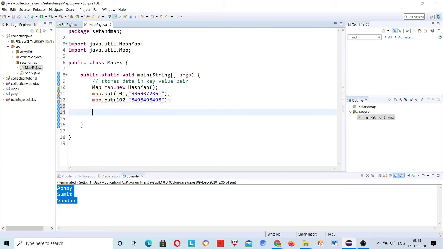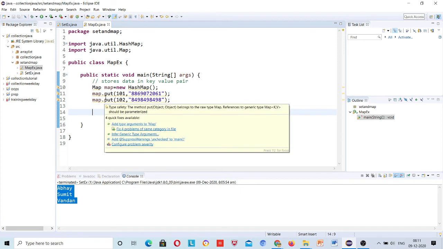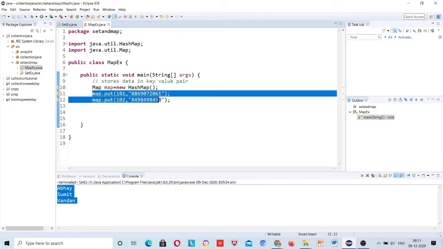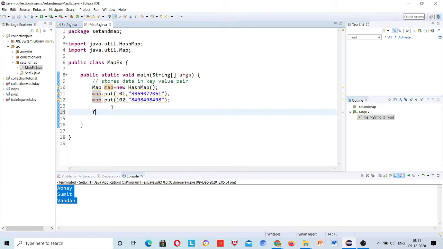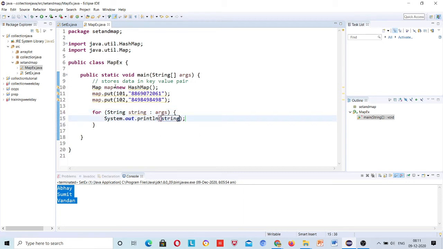Okay, now I have added values like this. If I want to print this, then we need to understand one concept. You cannot iterate a map directly. You need to actually change it to set first. Just like this, if you try to for each and just print this, and here you say just give map here.